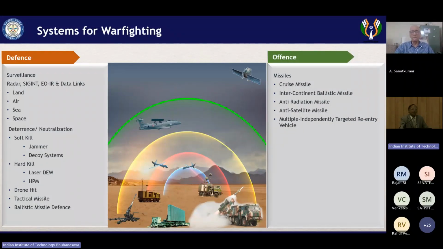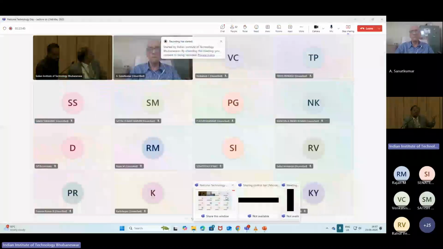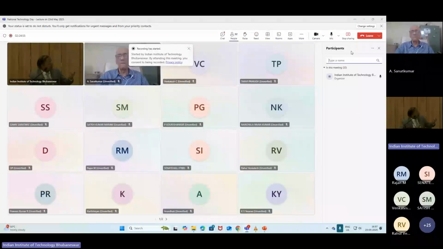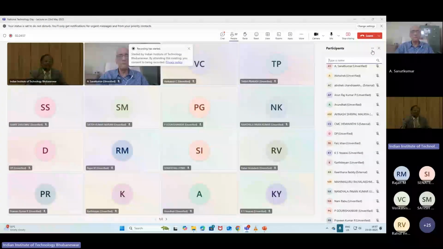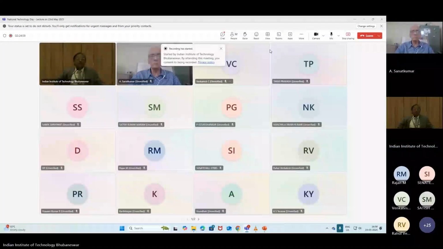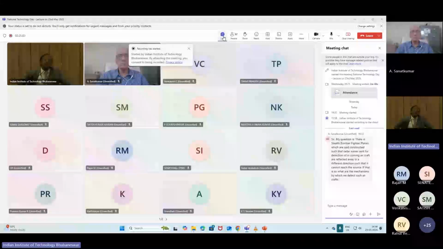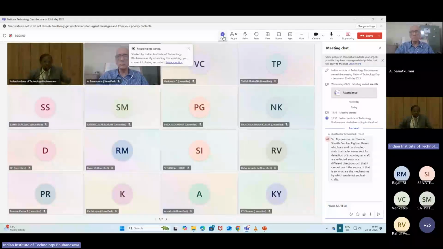Okay, thank you. So, if we look at all those developments coming, the most important is again going to be the radars, long range radars, which are going to give you an opportunity to understand, track, and learn the enemies or the attacks. Now, this is one phase that is called surveillance.